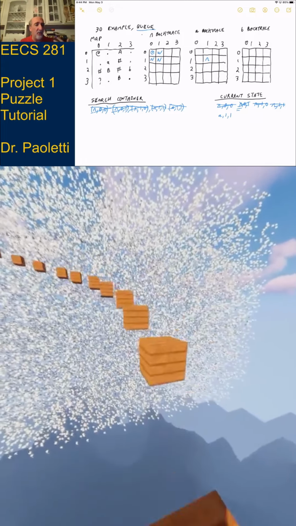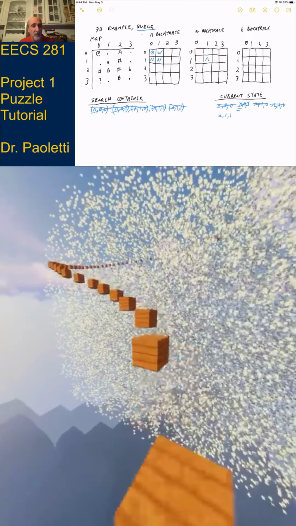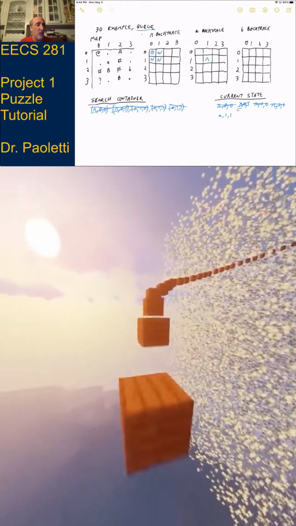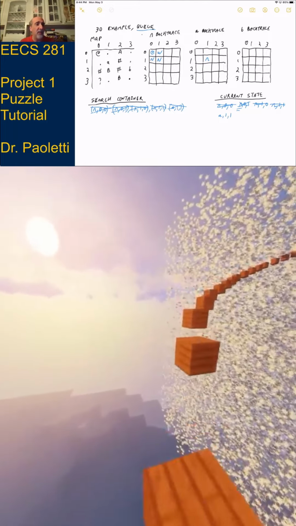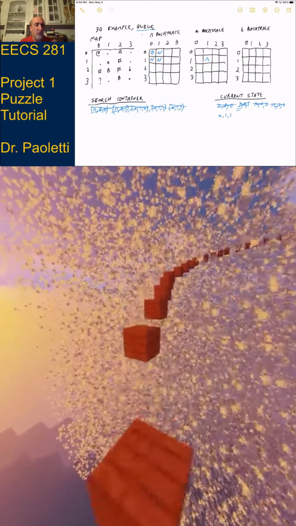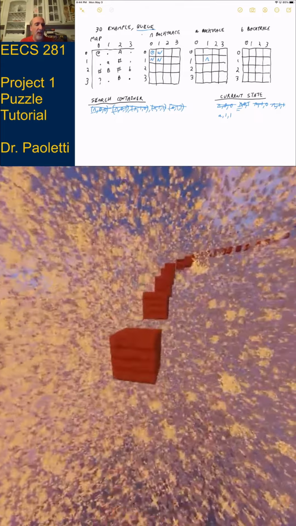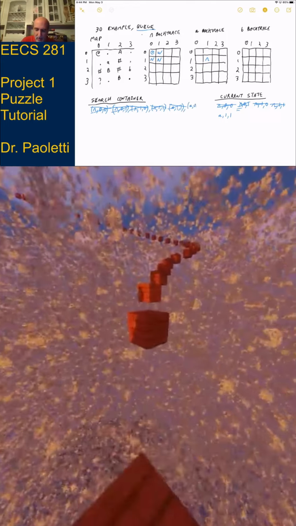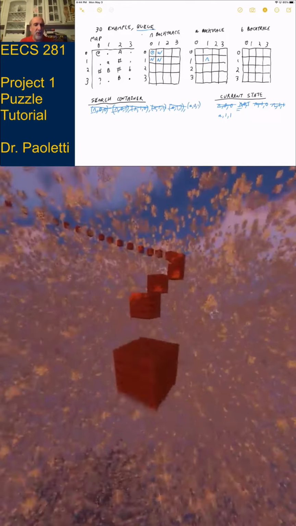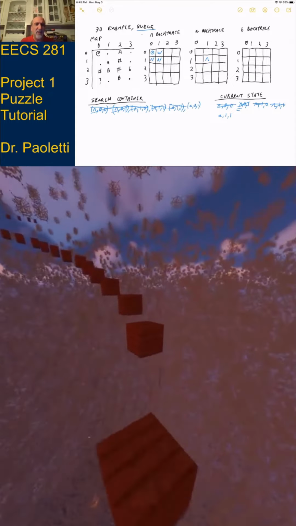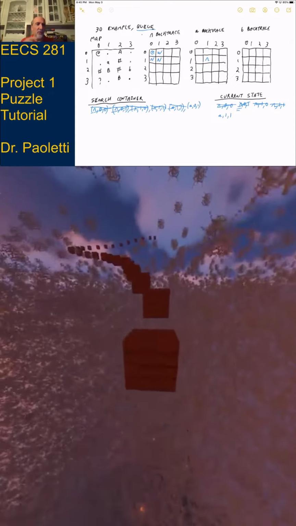So does north of me exist? Yes, it does. Have I ever been there before? No. Is it something I would be willing to walk on? Yeah, there's a dot to the north of me. Okay, great. So let's add that location to the search container. So that location would be A01. I'm being parsimonious with my space here because I know I'm going to add a lot to this search container. Okay, so I add A01, so that was north of me.